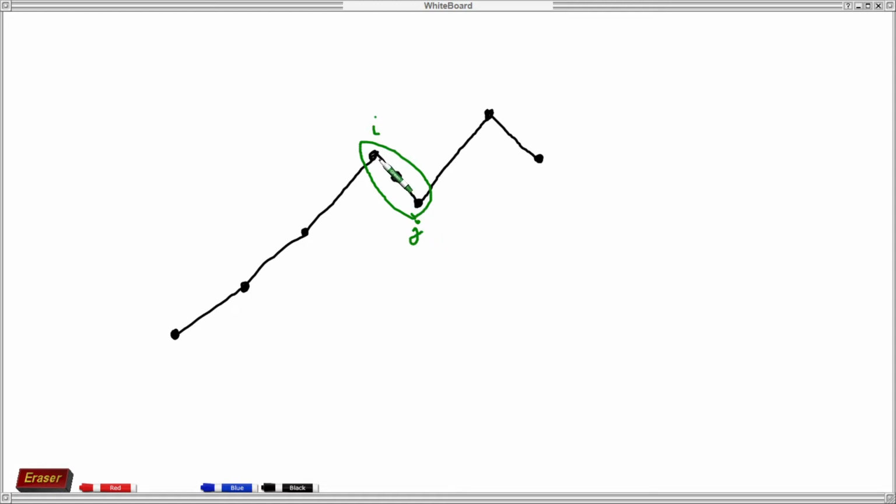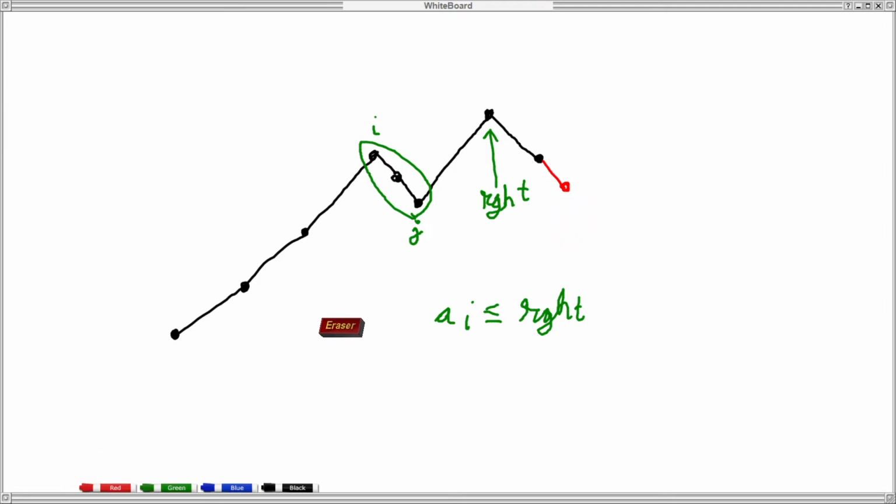We are comparing ai, which should be less than or equal to right. We are checking that ai should be less than or equal to right. But if it will be decreasing, then it is decreasing till here, and then we will get right as this part.